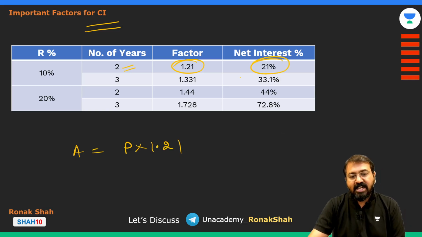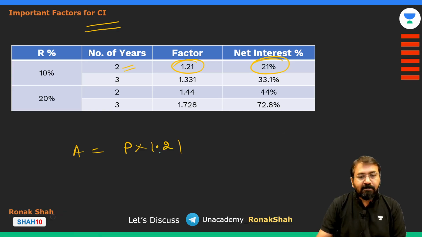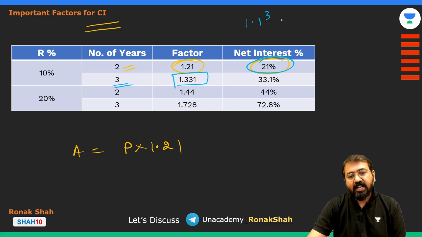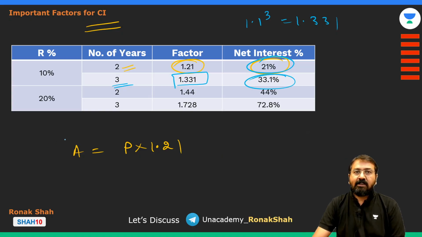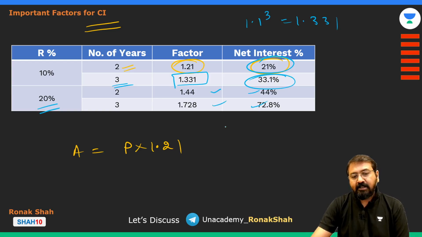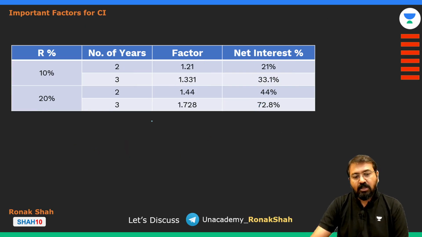मतलब आपको नेट इंटरेस्ट कितना मिला? 21% नेट इंटरेस्ट मिला। सिमिलरली अगर 3 इयर्स के लिए करोगे तो मल्टीप्लाइंग फैक्टर हो जाएगा 1.331, है ना? 1.1 का क्यूब करेंगे तो 1.331 आएगा, वही मैंने लिखा हुआ है। और नेट इंटरेस्ट कितना मिला? 33.1%। सिमिलरली 20% पे क्या फैक्टर है, क्या इंटरेस्ट है, ये याद रख लेना, बहुत फायदा होगा, जल्दी कैलकुलेशन हो गए।